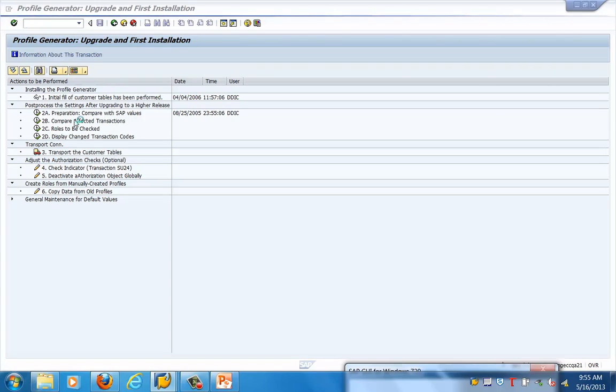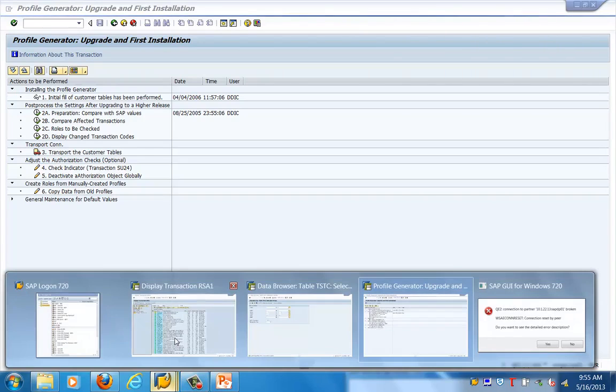It will give you an overview of which transactions are affected during an upgrade. Then roles to be checked, which roles need to be checked, and display changed transaction codes. So now I have done the installation, one part is complete. So prepare, compare with SAP values, this is step 2A.